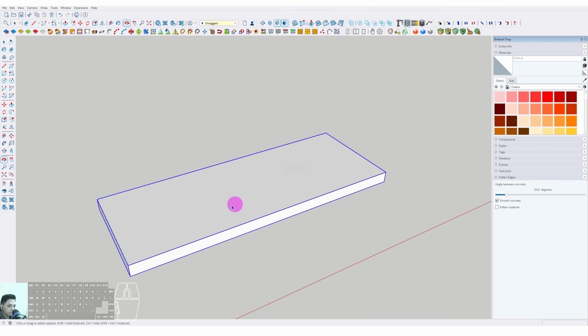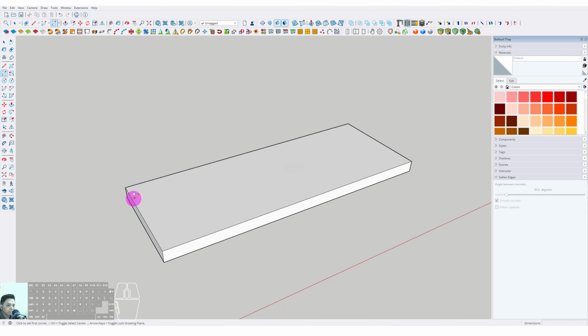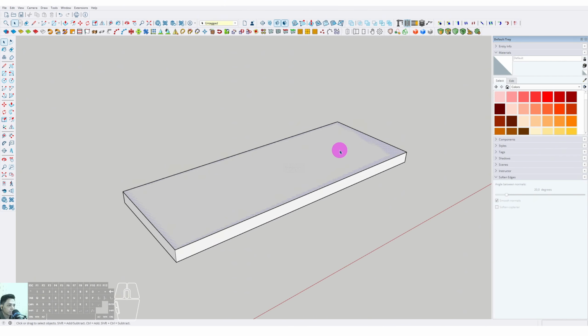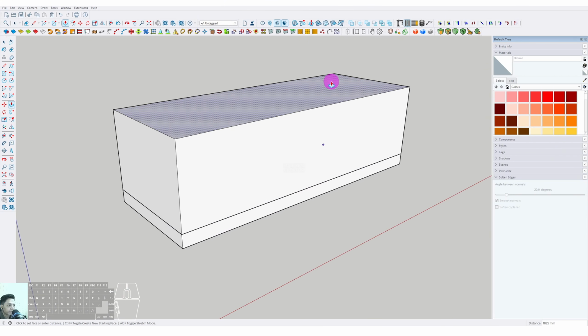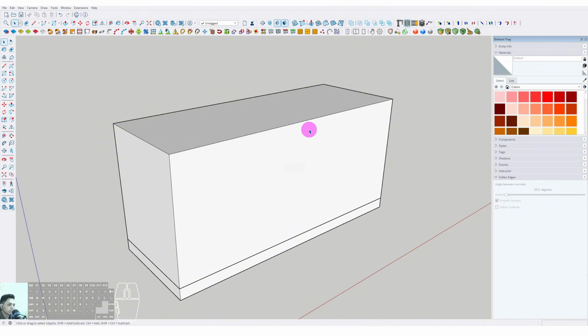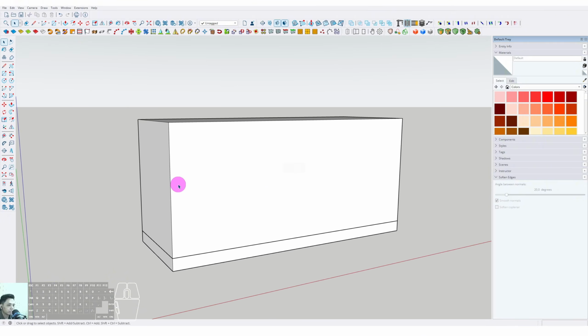Okay, then now we can make the rectangle in here. Then we can click from this position until the position here. Then now we can click and push it up. We can type 3 meters. Okay, we can type 3 meters here, and now we can also make another space here, but